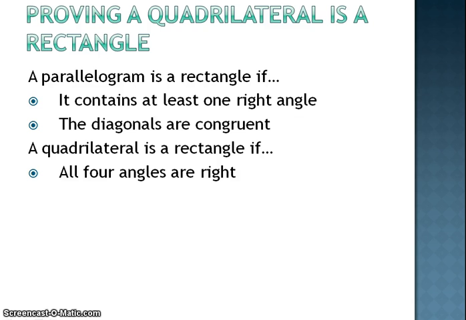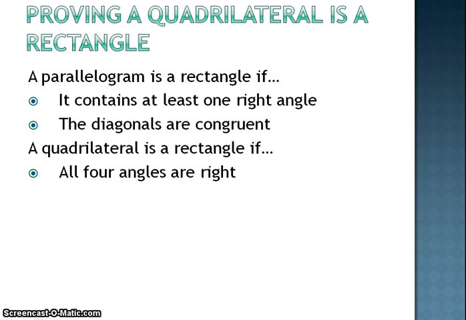Proving a quadrilateral is a rectangle. Now, for some of these, there will be two cases. If you can prove that it's a parallelogram and you can prove it one step further, you can do it that way. Or if you can prove the special case if it's just a quadrilateral, you can do that as well. You just have to be careful that you don't try to mix them up. You can't, for example, just have a quadrilateral and have at least one right angle and not prove that you